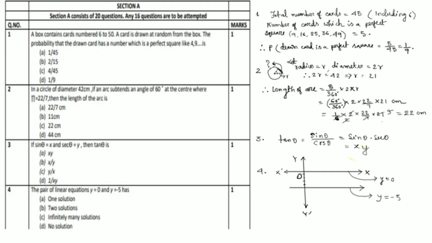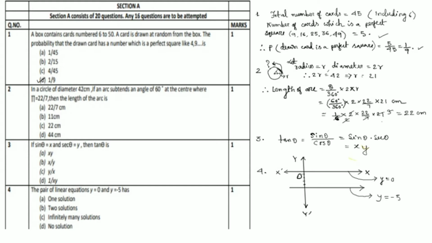Now we have to find out the probability of the card which is a perfect square. So the number of cards which are perfect squares is equal to 5, because these numbers are 9, 16, 25, 36 and 49. Okay, so therefore the probability of drawing a card which is a perfect square will be 5 upon 45, and it is 1 by 9. So the answer will be D. Okay. In next question,